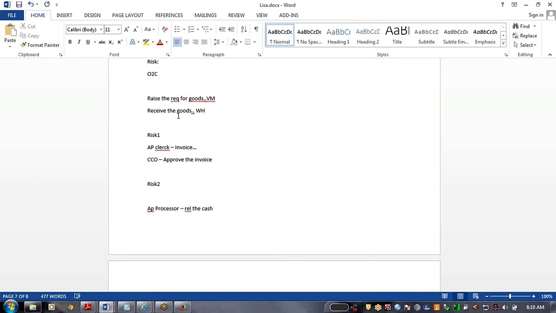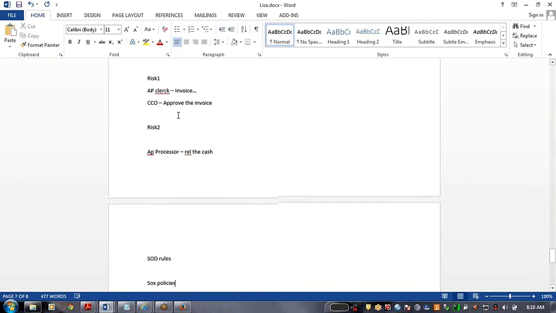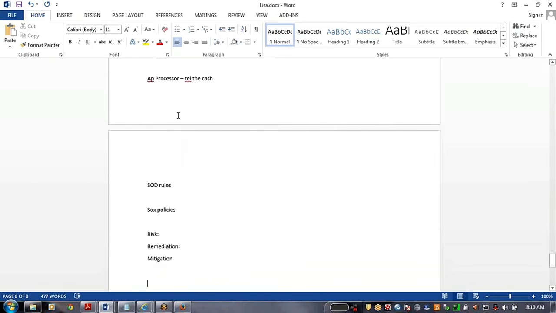Then at that time, how can we allow this risk? Here the system is showing risk 1. Then how can we allow this risk? Here, by using the mitigation controls concept, we are able to allow the risk. Here we need to create one mitigation control ID. Afterwards, after creating this mitigation control ID, we need to assign